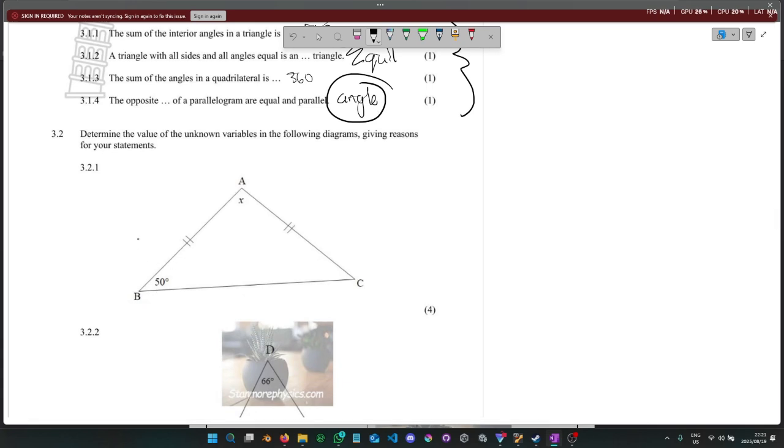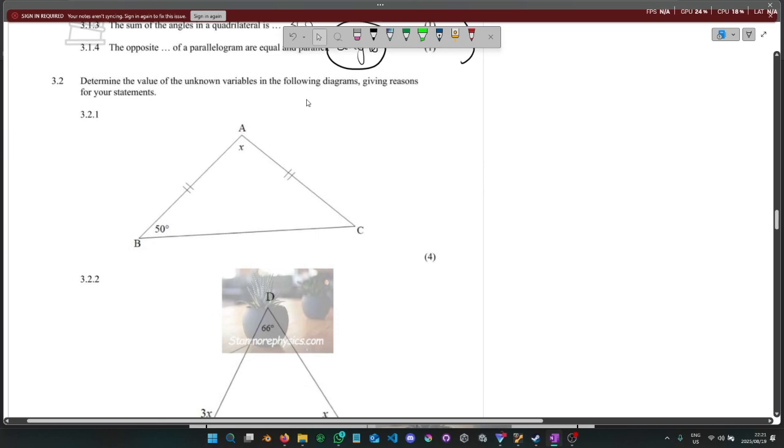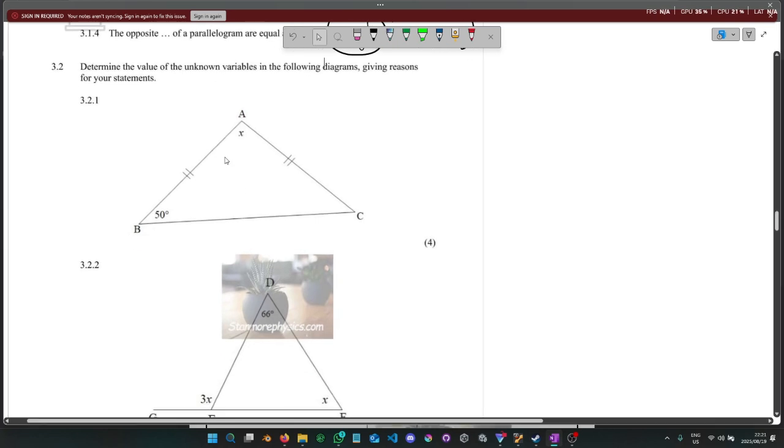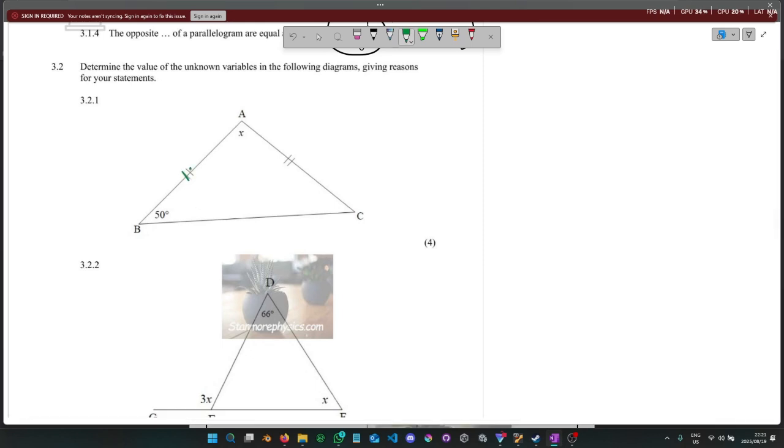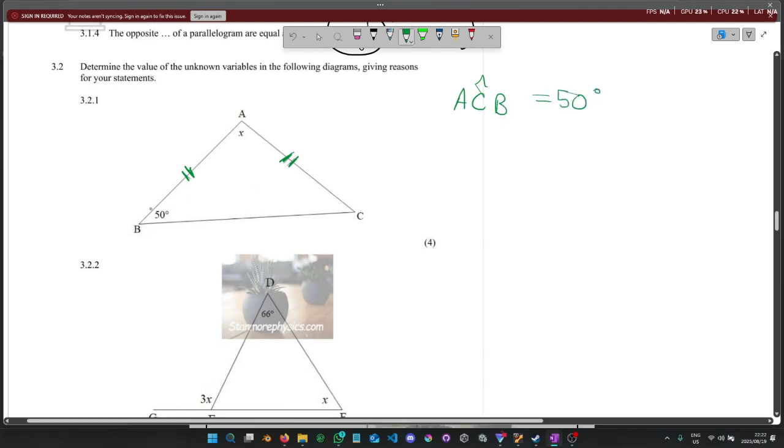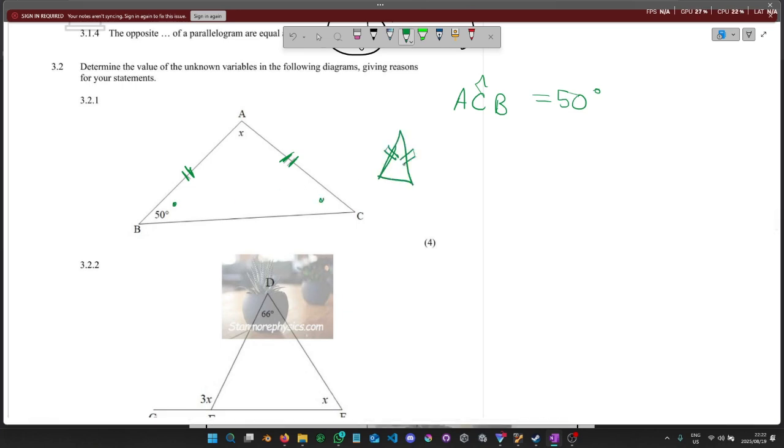Alright. So this one, right? Giving reasons for the statements. Immediately we should be able to see that this here and this here are equal, right? So this is an isosceles triangle. So if we say angle ACB is equal to what? 50 degrees. Why? Because in an isosceles triangle, the two sides are equal, right? This here. So